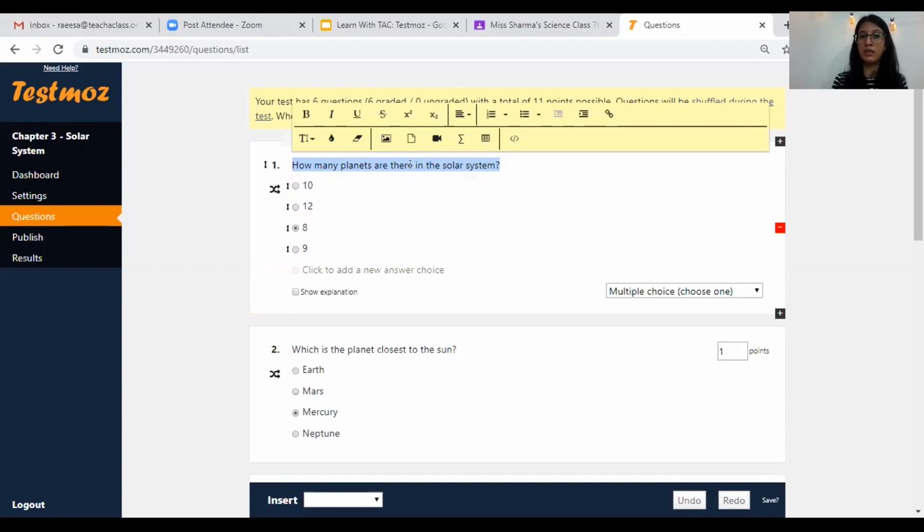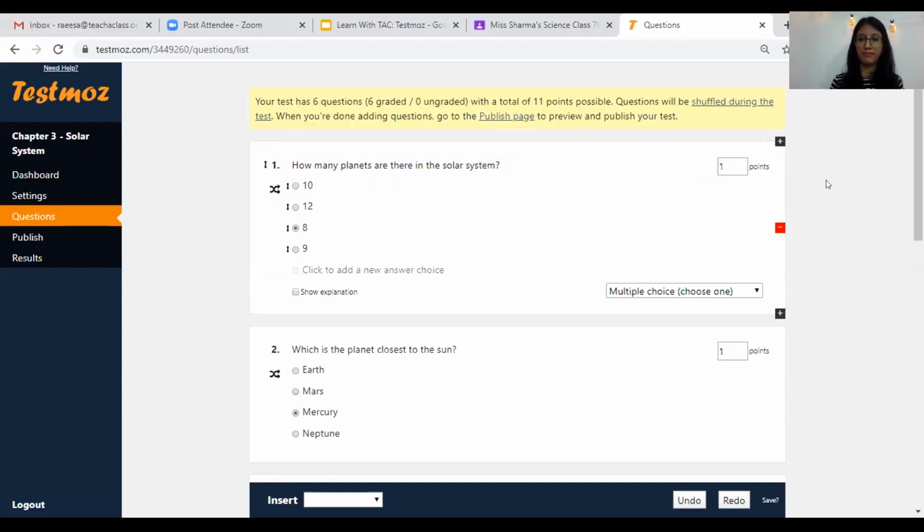Now you can see that the blue highlight is gone. Now, if I want to edit something over here, I'll simply edit it. All right, great. I hope that answers the question.